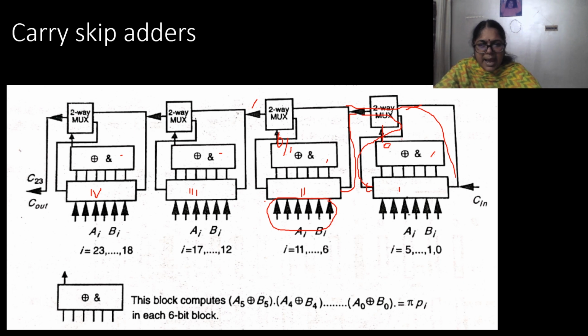That is why this circuitry is known as a carry skip adder. Why carry skip adder? If the block propagation signal generated is 1, then there is no need of waiting for the adder circuitry to generate its carry output. Directly the carry of the previous stage would be given as the carry out of that particular stage.